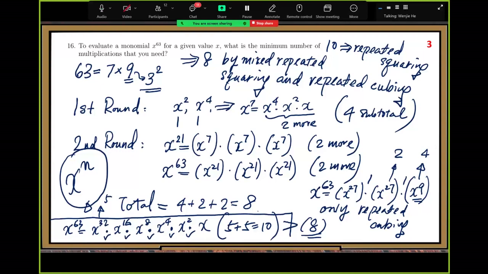Question 10. So is it a rule, if you get multiples of 3, to the power of something, you can use it? Yes. That's our experience. So what you observed here, that's our experience. So if you see a lot of multiples of 3, then it's very likely repeated cubing can give us a better